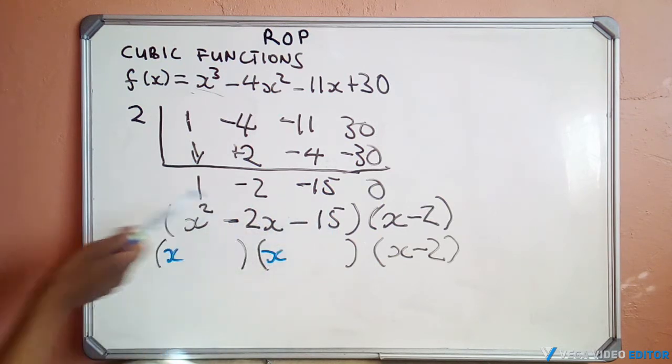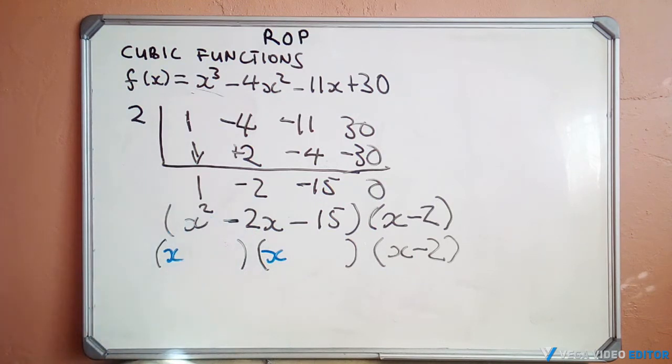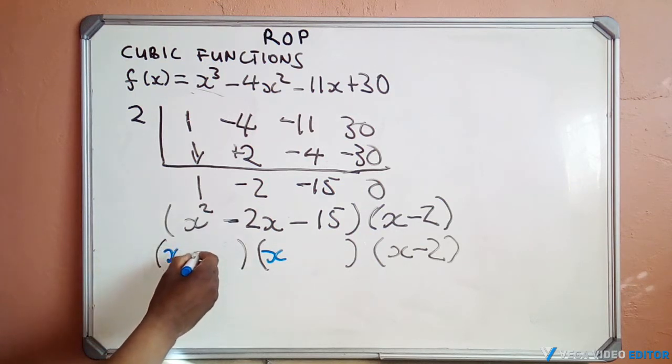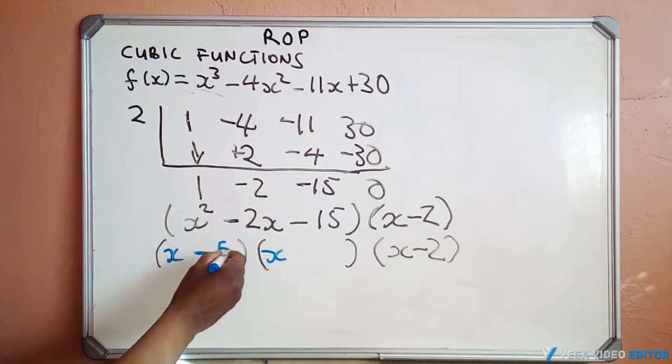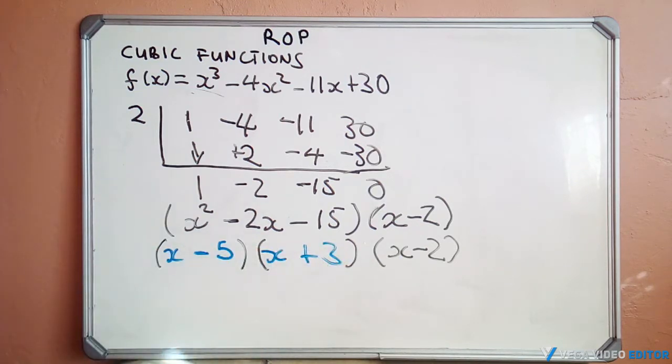Quickly, we can choose 5 and 3. 5 and 3 will give us 2, but for it to be negative 2, 5 has to be negative, and 3 has to be positive. So we can say minus 5 plus 3. Okay, so this becomes a fully factorized